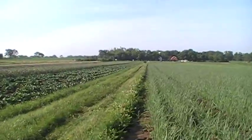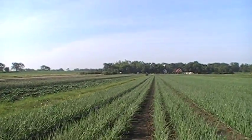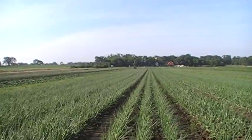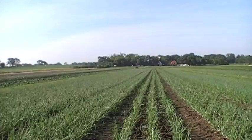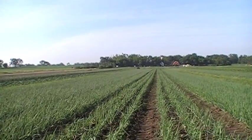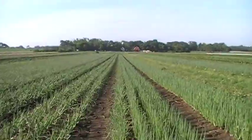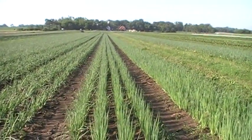Our onions, they'll be bulbing soon. Not many weeds, a few. We actually have a no weed policy for many of our fields. And we're not there yet, but we're really close this year. So if you look closely at your screen, you'll see an occasional weed, but you really won't see a proliferation